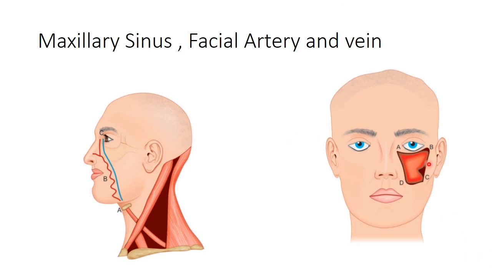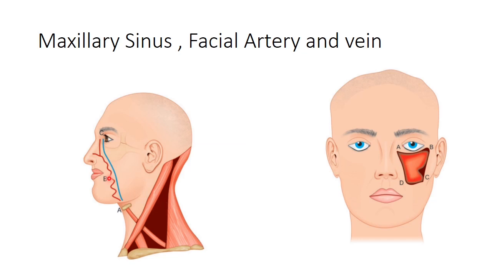In the sinuses, that is the maxillary sinus. Here we can see the maxillary sinus. It is an important sinus, quadrilateral in shape. It has point A, on the lacrimal tubercle. Then point B, the junction of the lateral and inferior margin of the orbit. Then point C, a point on the upper last molar in the maxilla. Then point D, a point on the upper second premolar in the maxilla. If we join these four points, this is the marking of the